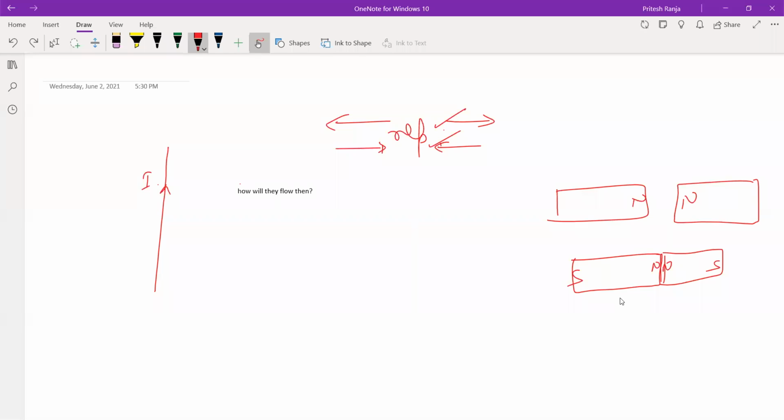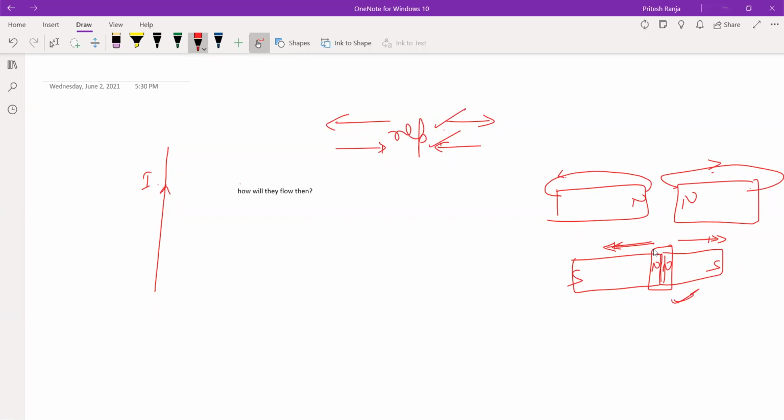So does it mean that if we touch them together, they will stop acting as a magnet? No, it will not. If you leave the force which you are applying, then it will repel. Why will it repel? Because it wants to let the magnetic field lines go to the other pole, and in this case it cannot do that. If you remove the force, it will align such that the magnetic field lines can go to the other poles.